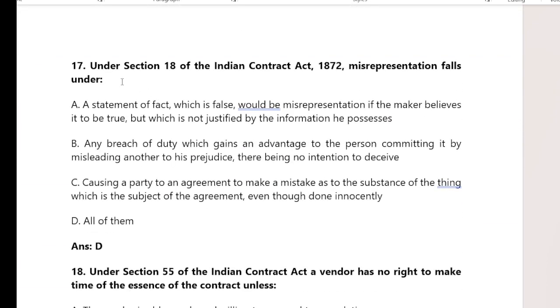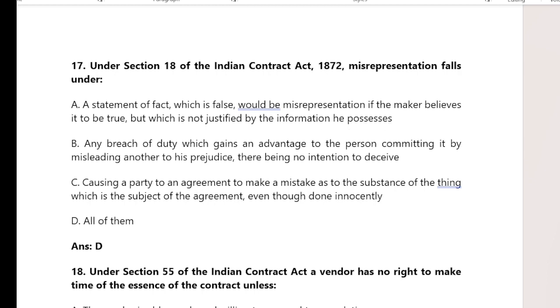And the next question is under section 18 of Indian Contract Act 1872 misrepresentation falls. It says that under section 18 of Indian Contract Act, misrepresentation falls under a statement. A statement is given, and among these statements you have to choose. A statement of fact which is false would be misrepresentation if the maker believed it to be true, and which is not justified by information